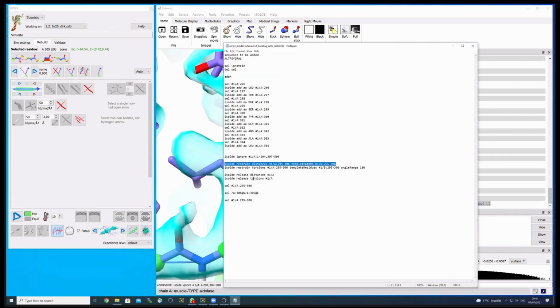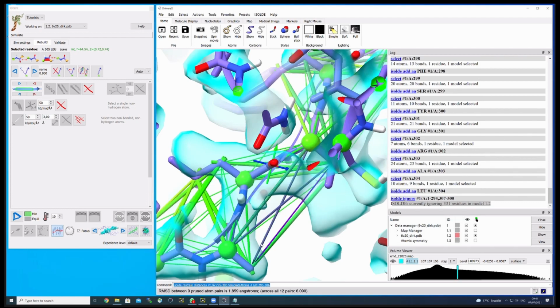So what the 2 commands say is Isolde restrain the distances, which is the Hamburg angles, so to speak. Or not only Hamburg angles, but it's also taking into consideration the distances between atoms. And what it should restrain is basically the selection or the residues that we just built, so from 295 to 306. And as a template, it should take the same residue range, but from chain number B. So if we take that command and we put it into the command line and type enter, we will see